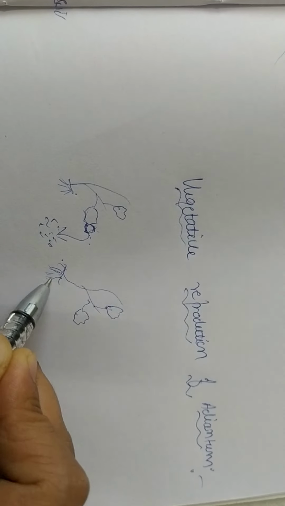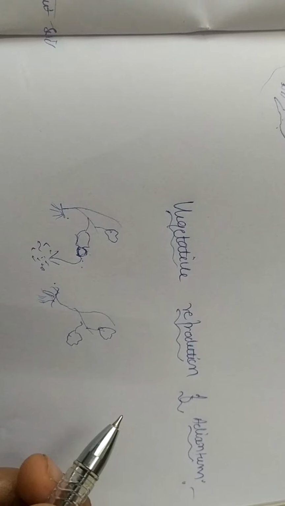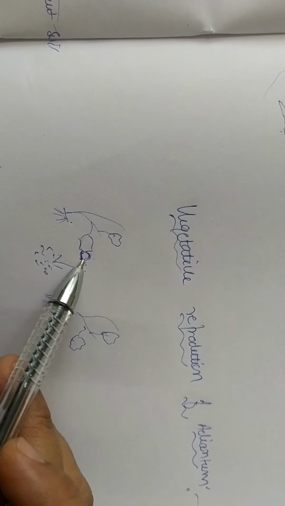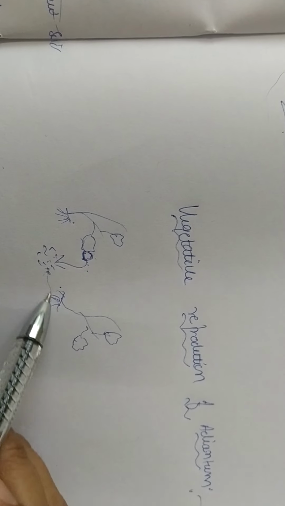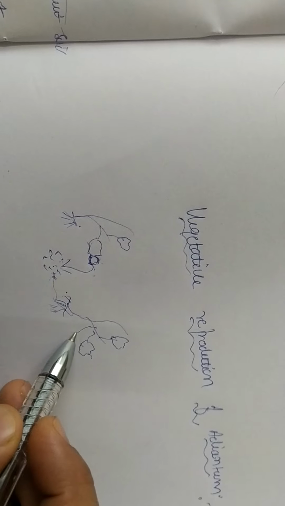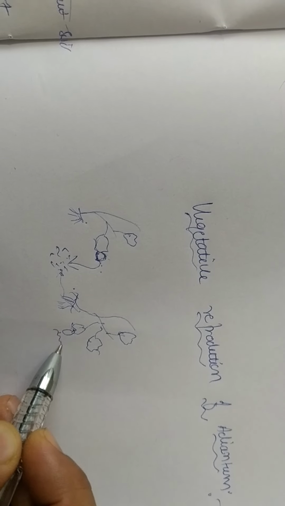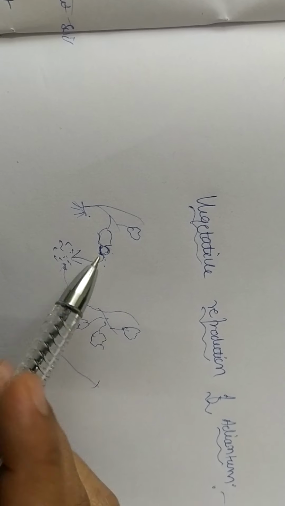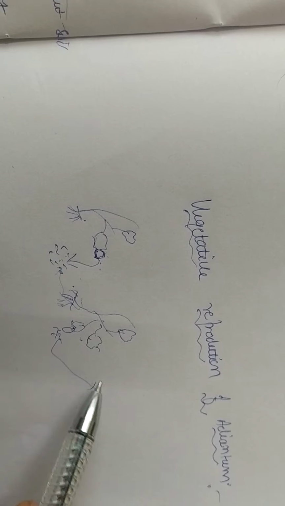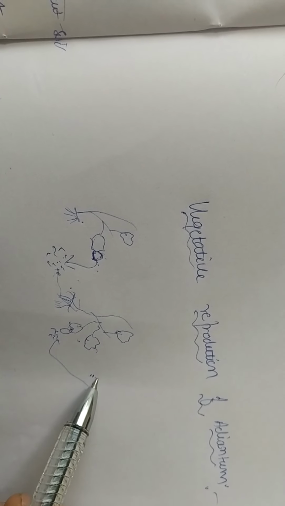New plant is produced. In this way, it is going to help in spreading the fern over a large area. See, the plant was here because of this adventitious bud. It reached the soil and led to formation of a new plant. Again, the possible chances are there it is going to produce a bud, adventitious bud. This, on reaching the soil, it is going to develop into a new plant. Likewise, it is going to cover a large area. Spreading takes place.